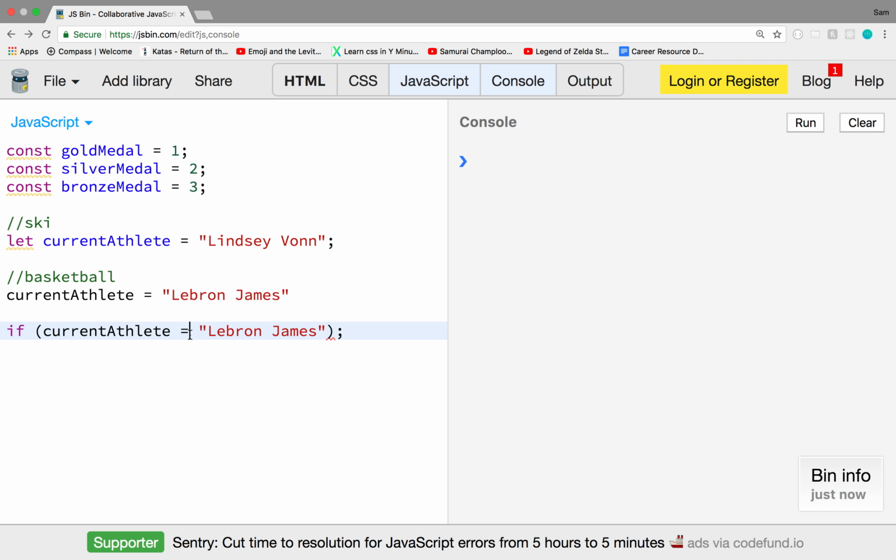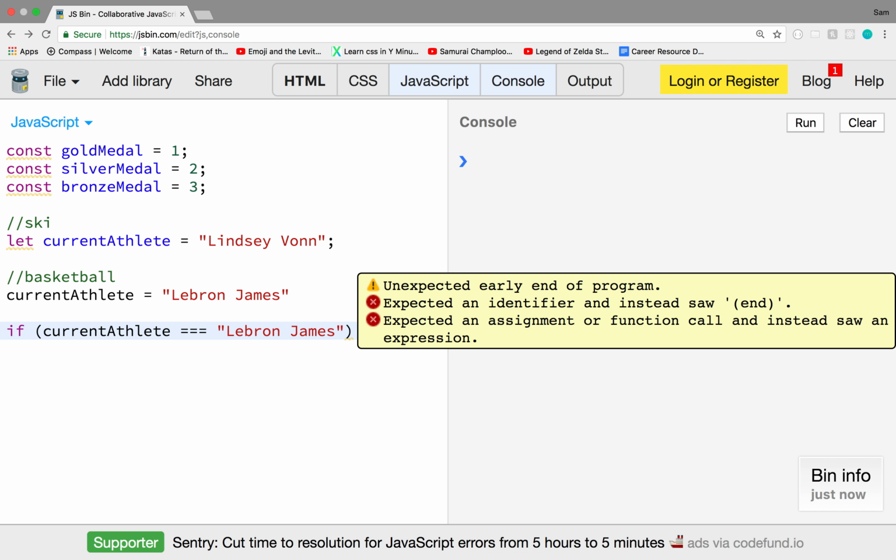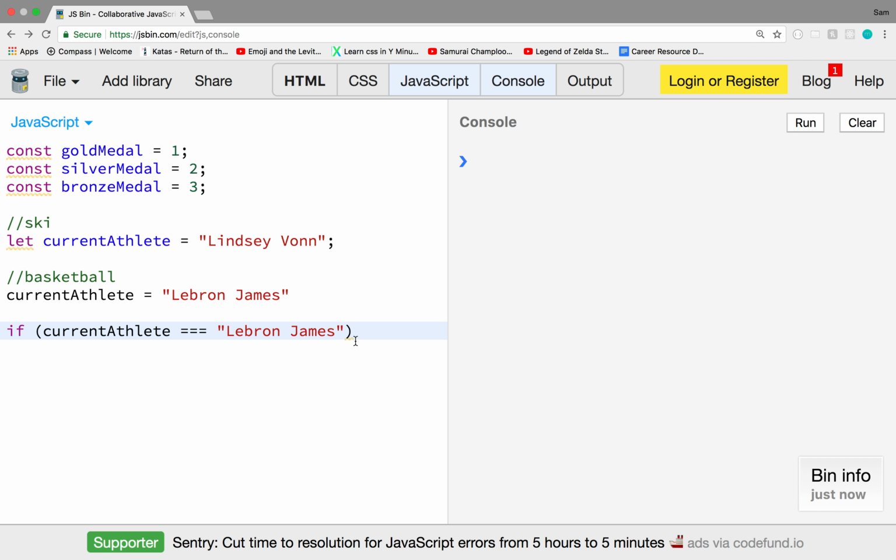So what you want to do is, in some cases, write 2 equals, but really in most cases you want to write 3. This just means that the value of current athlete has to exactly equal LeBron James if we're going to be using this condition. We write some curly braces because that's where our condition goes, and in this case, since we know the athlete in question is LeBron James, we will write, "You are so good at